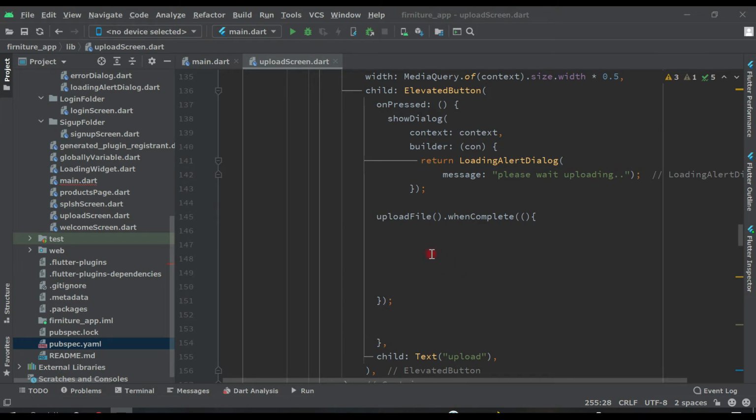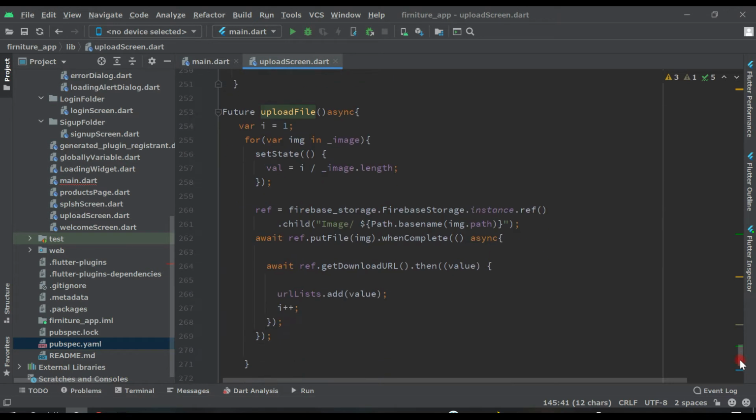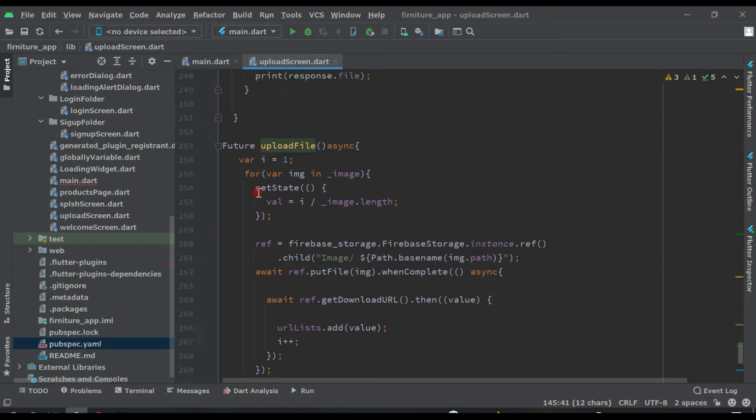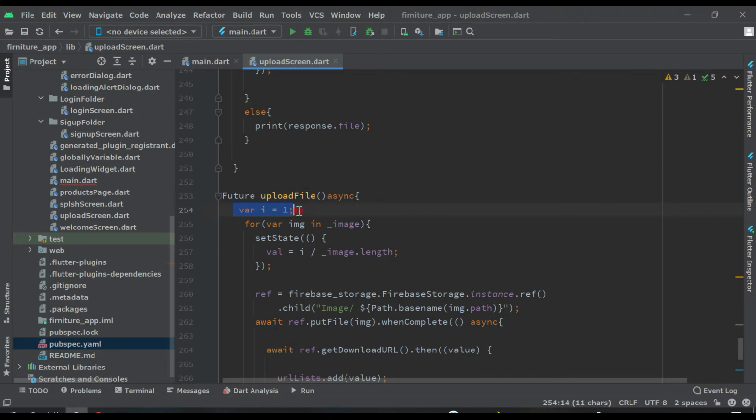In the previous video we created this function, as you can see here. If you come below, you will see this function which we created in our previous video. And guys, this is the variable. By default we gave it the variable name var, and that's okay, but if you change it to int, it will be clearer that this variable is integer type.